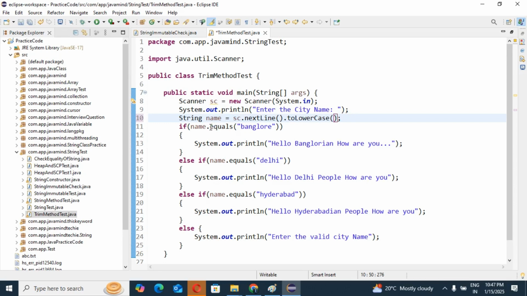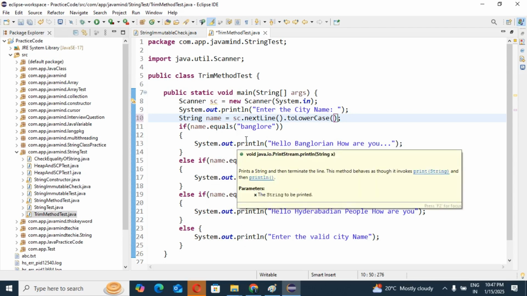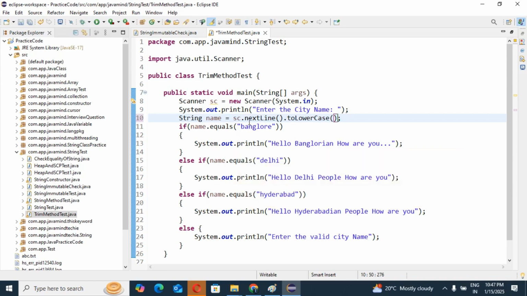First approach, you use equalsIgnoreCase, then run the application, so whatever city name they give, it will ignore the case. Second approach, when you take the request from the end user, the city name they enter may be lowercase or uppercase, and you directly convert it into lowercase, because we have passed all the city names as lowercase. In this way you can solve this issue.